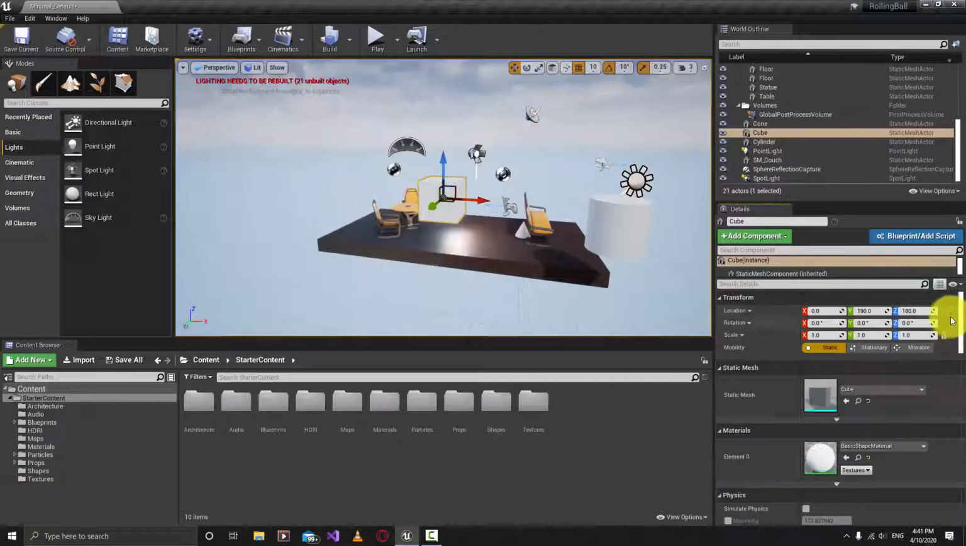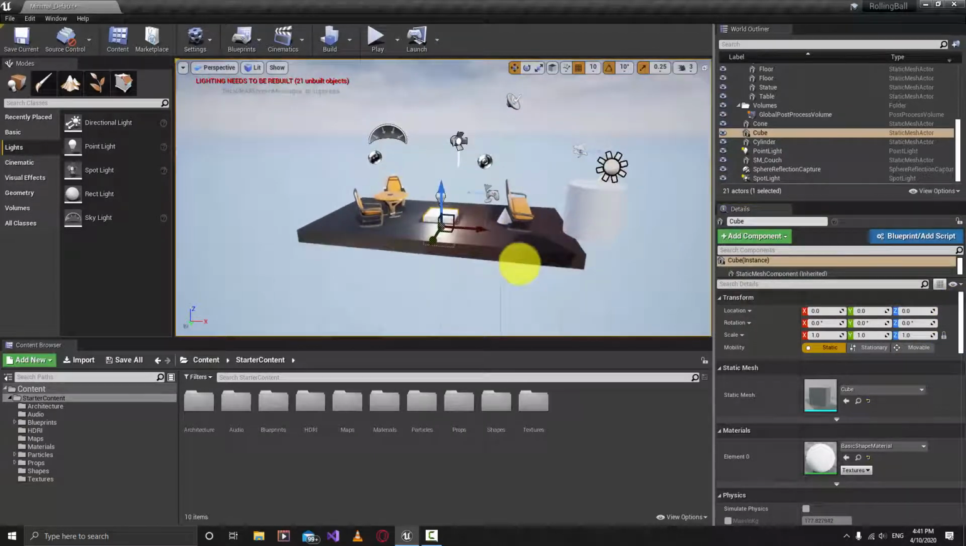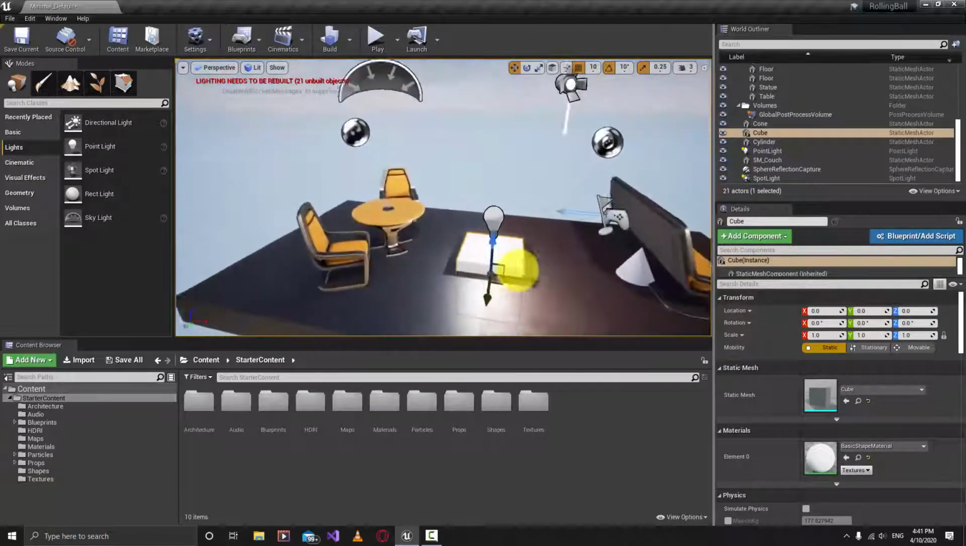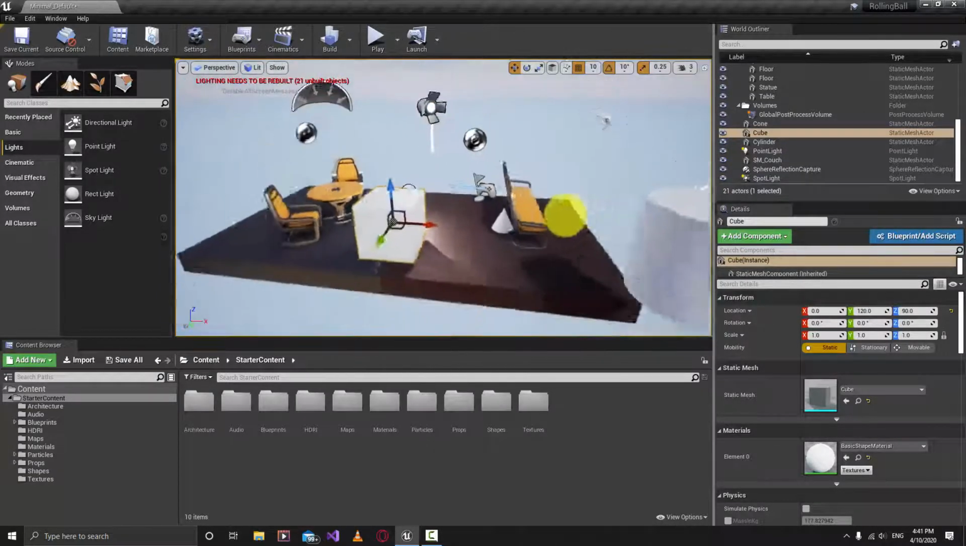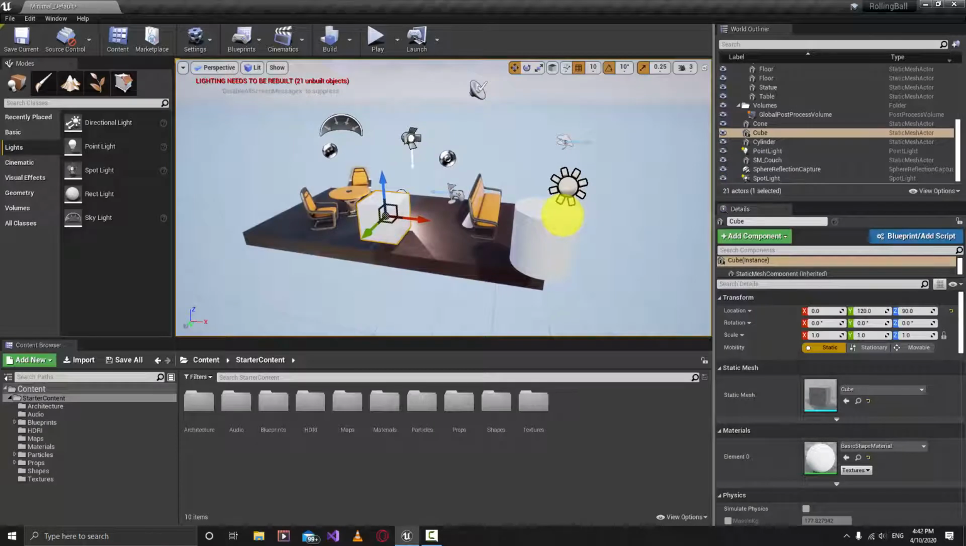So let's reset them back to their default location and bring it up to make it a little bit nicer. So guys, this was all about the Unreal Engine UI. I hope you got familiar with the UI and